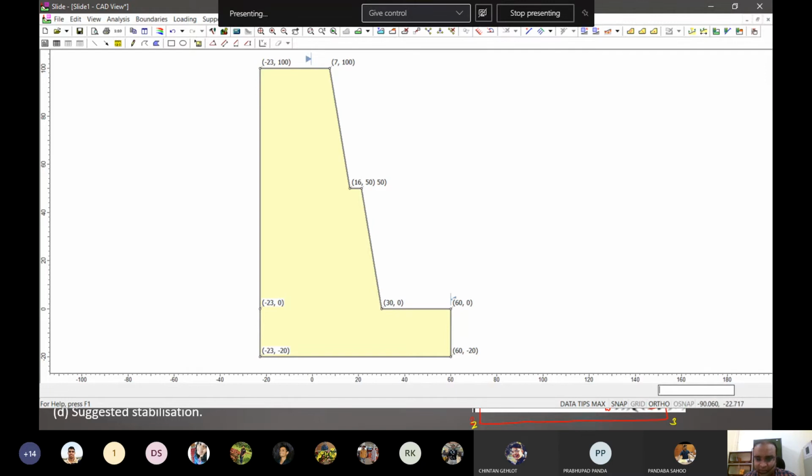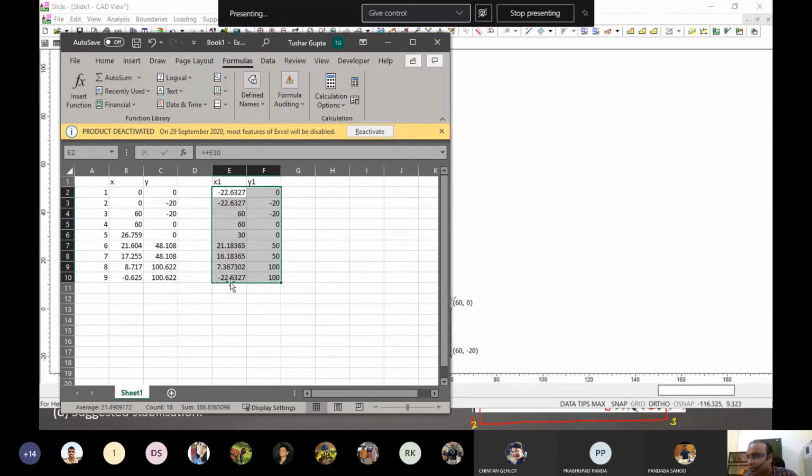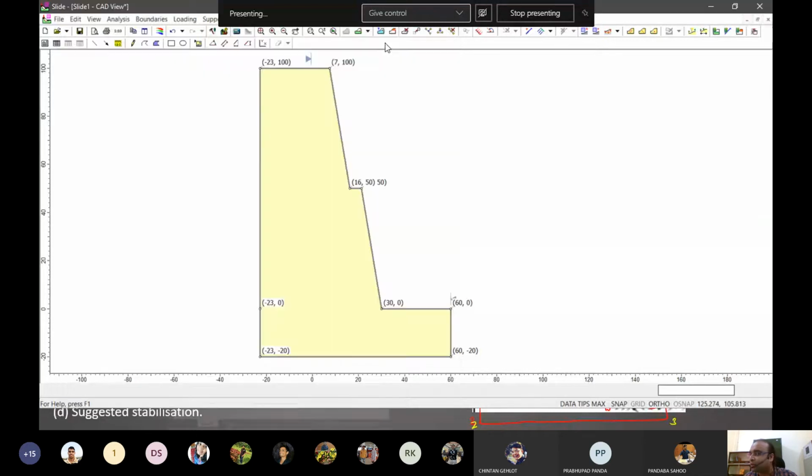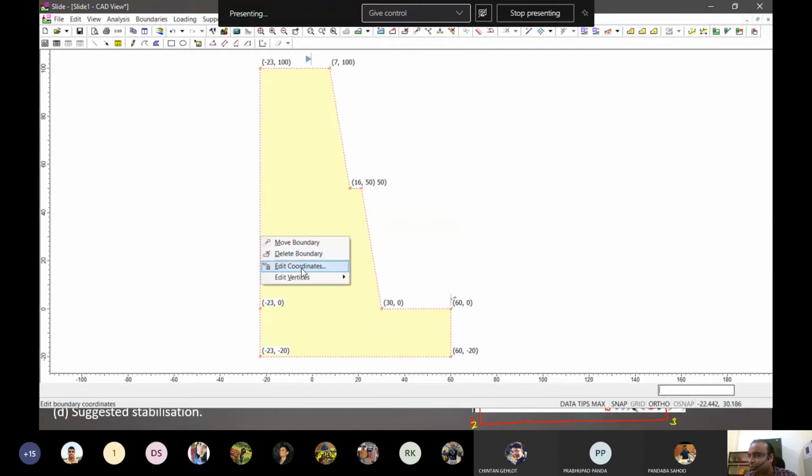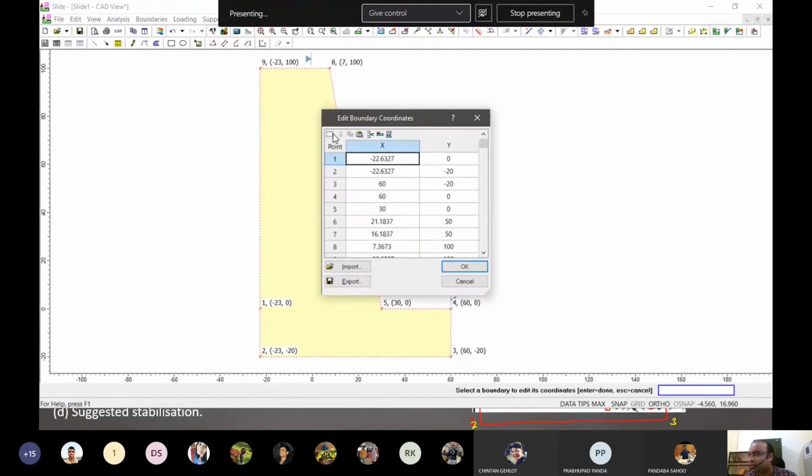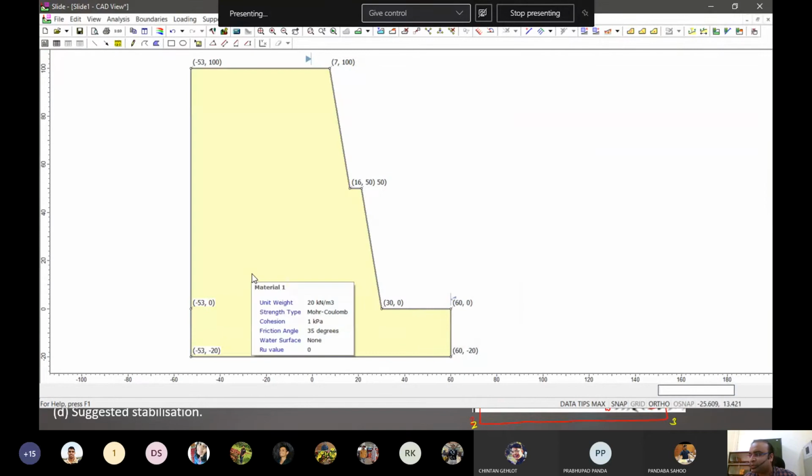Rather than doing it directly, I can just change this 30 to 60, and most of the things will change automatically. Yeah, so now it is minus 52. So I'll copy this and again edit the coordinates, select all and update, right?